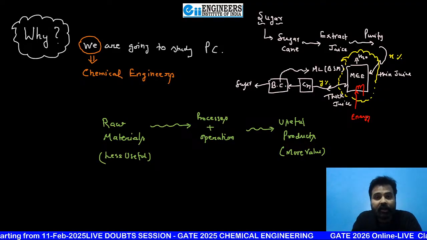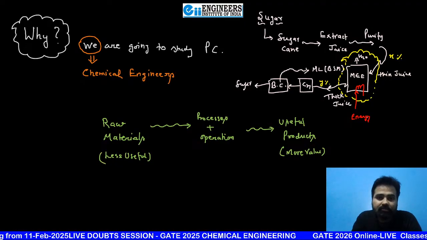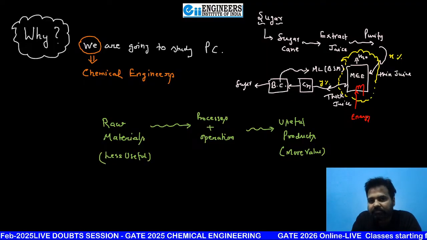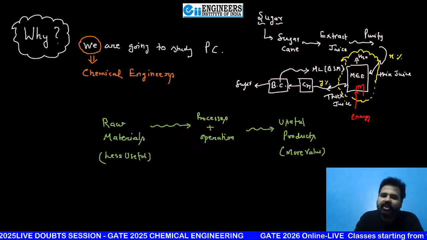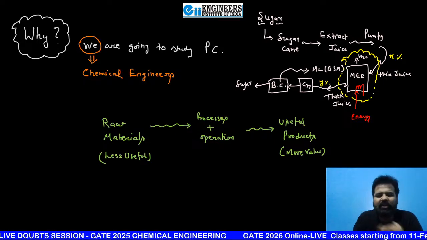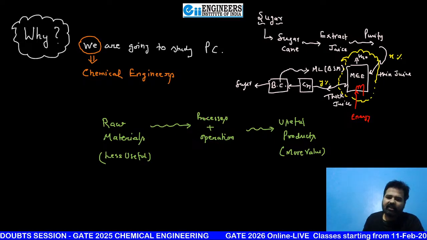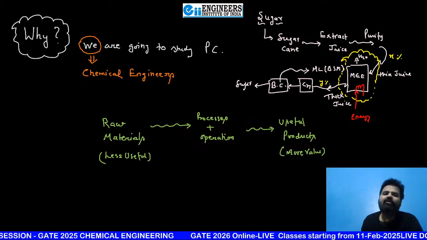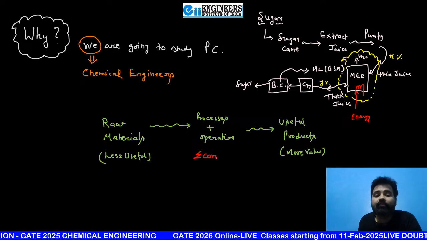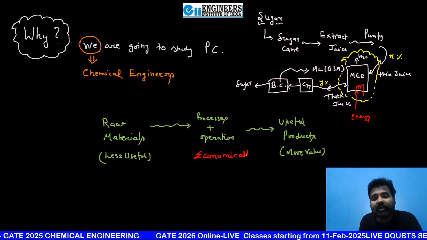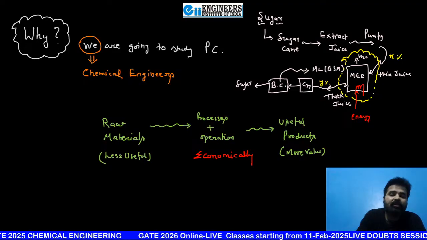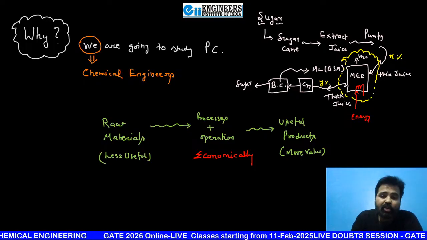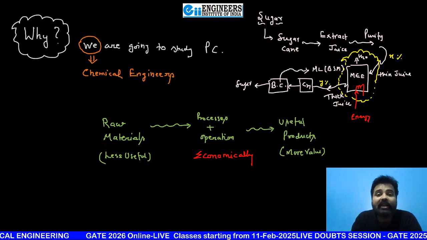And one more thing, beta, energy means money, capital. If you are using more and you are not going to save it, definitely you are going to play with the economy. Not only in the sugar industry, in all industry you can check it, beta, that without energy balance you will be unable to do this conversion economically. And we are engineers, E for engineers, E for economy. Our work is not only to convert raw material to useful products, but to do it in an economical way.